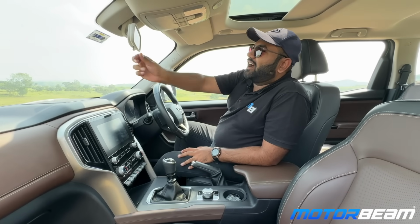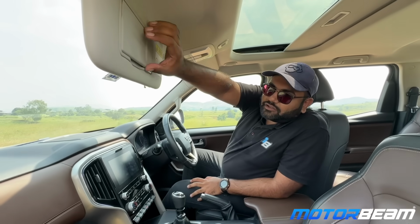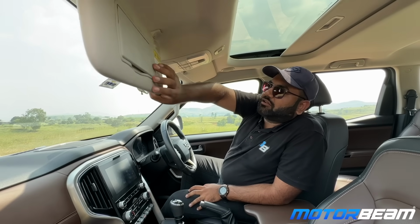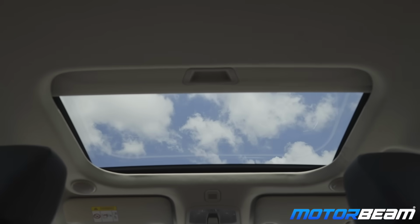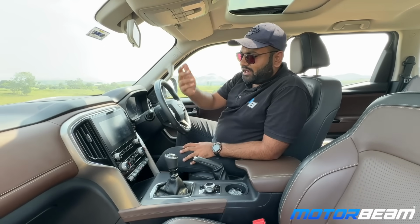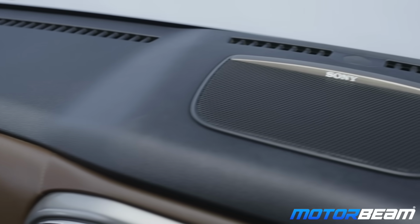No auto dimming IRVM, no mirror for the driver. There is a mirror for the passenger with a light and a cover. Okay, not bad at all. There's a sunroof, small sized, but again, that's okay. Dual zone climate control is there. You get connected car features, you get a nice touch screen over here, and you get Sony speakers also, which